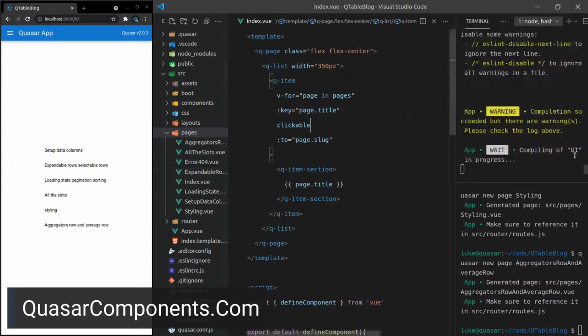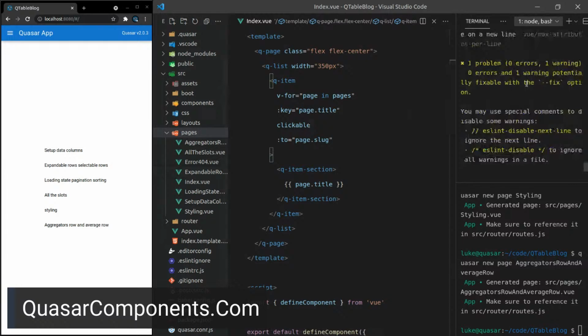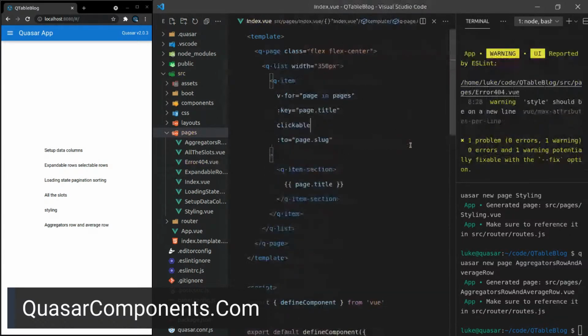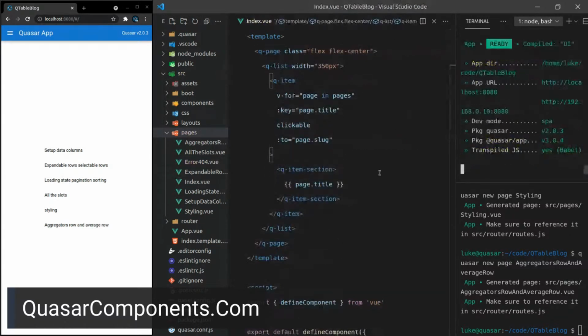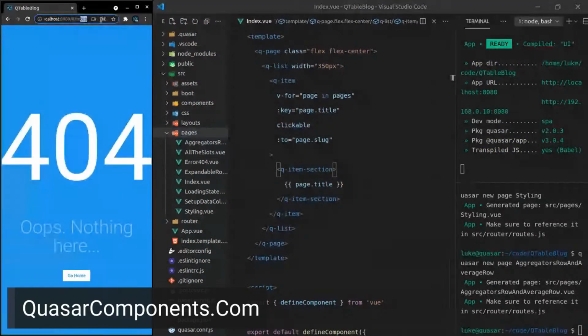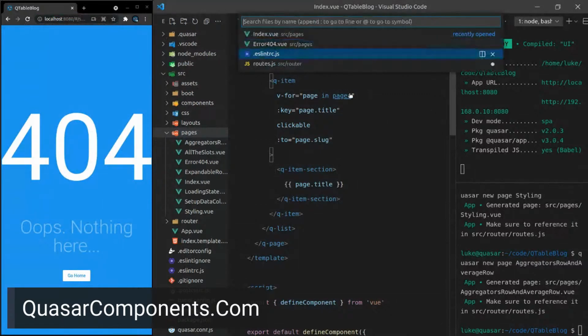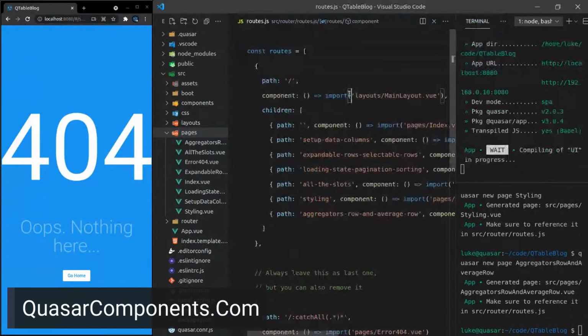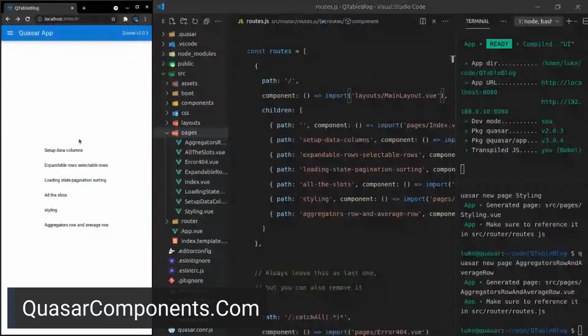All right, so my linter always gives me errors on Quasar's default error page. So I just jump into that page and save it, and then everything's green. Cool. So now set up data. All right, that's not working. Looks like that endpoint is correct. Let's go to our routes file. Oh, I didn't save it. Silly boy, Luke. All right, now I can click onto each of these and it'll take me to that page. So that'll be a good experience for people that are using this.